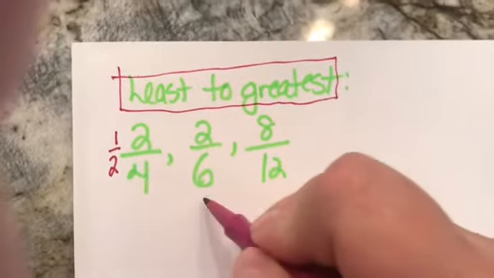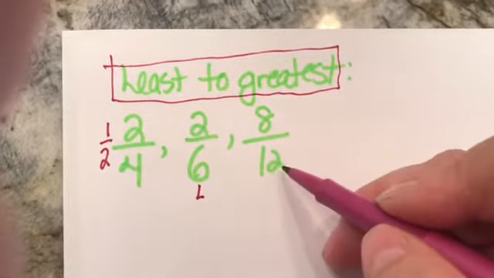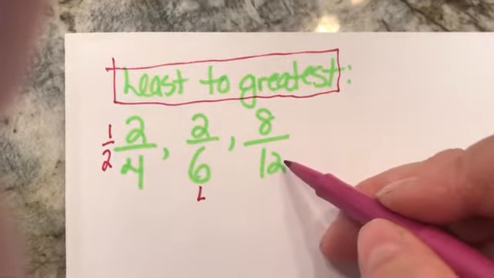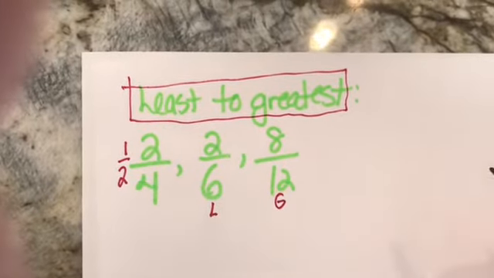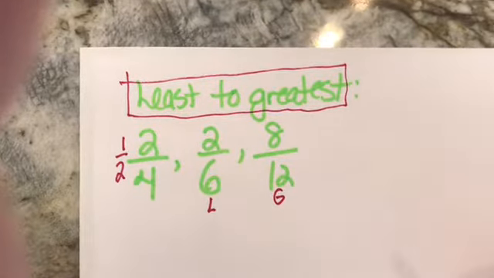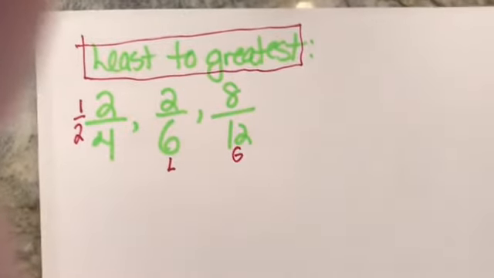So I know that this is less. Sometimes I make a little L underneath. Over here I have 8/12. I know that 6/12 would be equal to 1/2, so that this one is greater. 8/12 is greater than 1/2. So again, just by talking about the benchmark fractions of 0, 1/2, and 1 whole, I'm able to put these